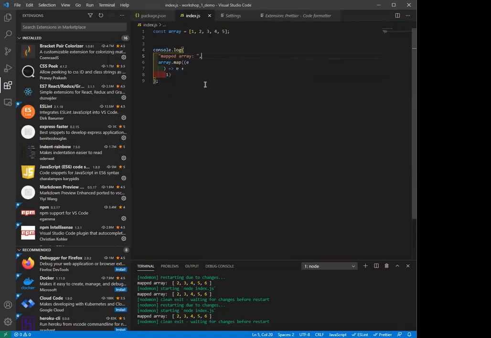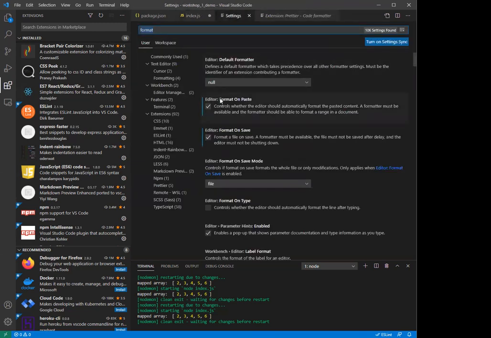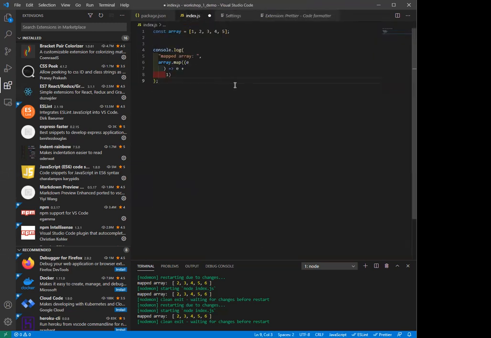I want it to format. Now it looks like this, right? So if you see this is the plus and then 1 underneath. If I cut this and then I paste, because I've enabled format on paste,